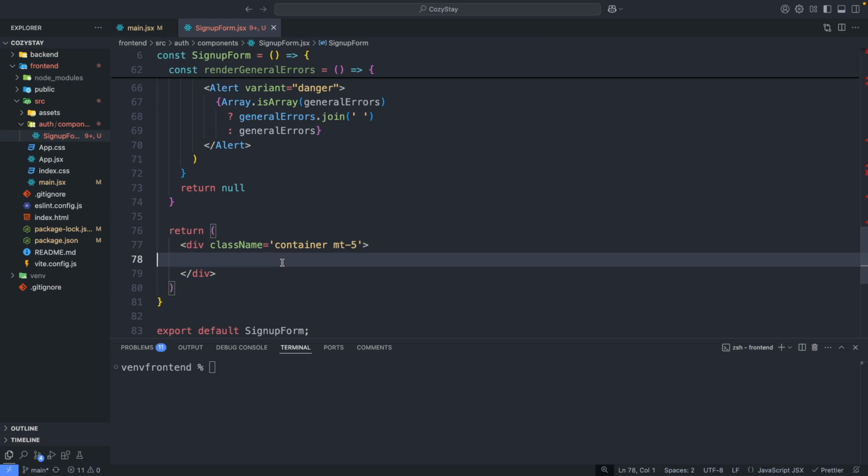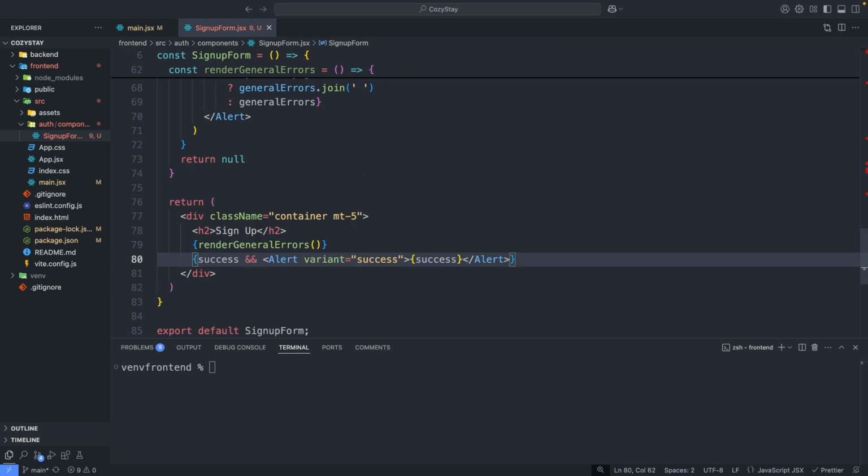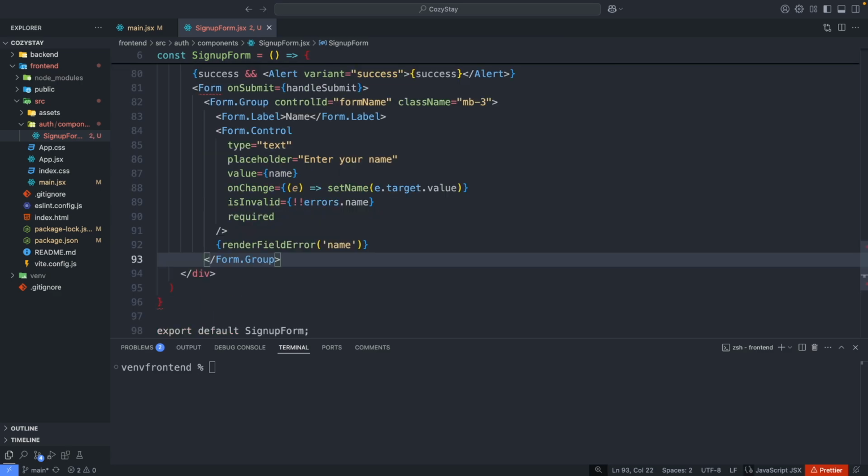Then we're gonna sign up. And the first thing, we're gonna show the success message here if it's available, and we're gonna build the form right here. After the alert here,